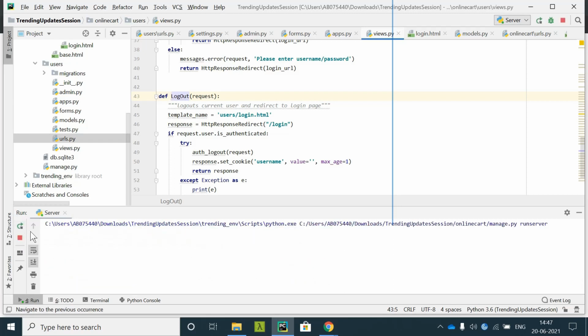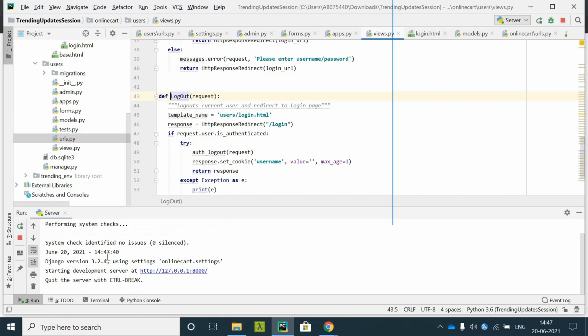You can quickly do it from here also. Stop the server, restart the server. This is something newly you are learning, because in the basic sessions this won't be taught. They will teach you on the command prompt itself, which is not good for faster development. So you need to know these things also. When you go for an interview, they might ask you these things also. I was asked these things from PyCharm.